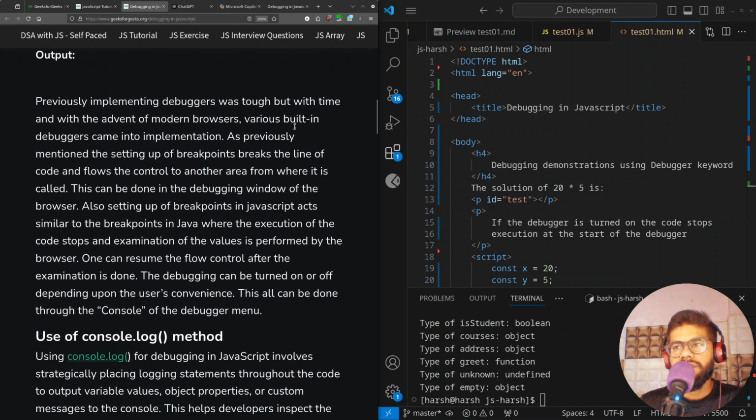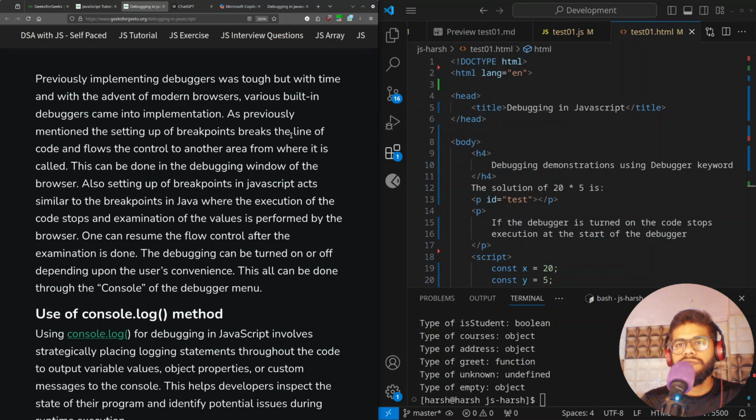Previously, implementing a debugger was tough. With time, with the advent of modern browsers, built-in debuggers came into implementation. As previously mentioned, setting breakpoints breaks the line of code and flows the control to the area where it is called. This can be done in the debugging window of the browser. Also, setting up breakpoints in JavaScript acts similar to breakpoints in Java, where the execution of the code stops and examination of the value is performed by the browser. One can resume the flow after examination is done. The debugging can be turned off depending on the user's convenience, and this can all be done through the console of